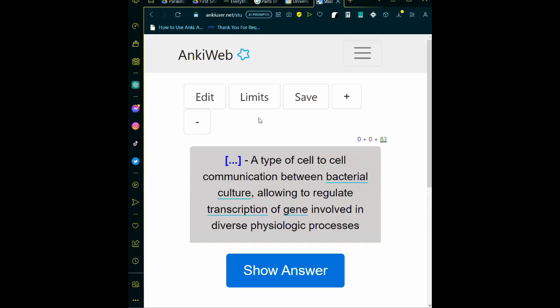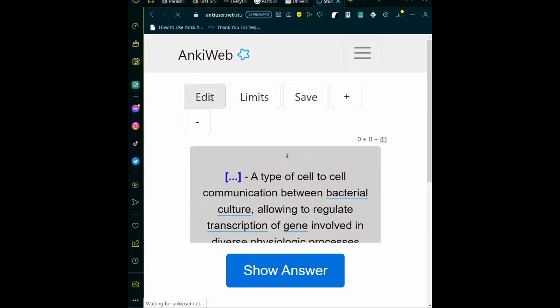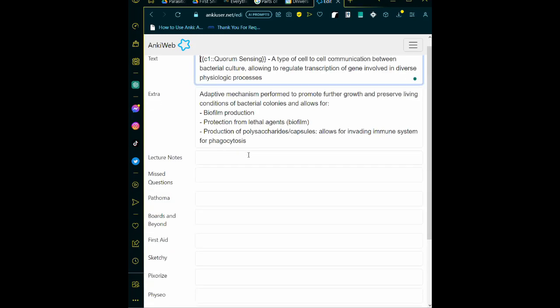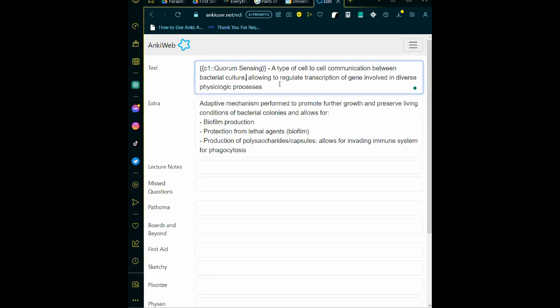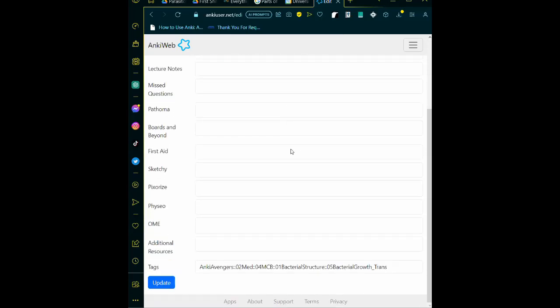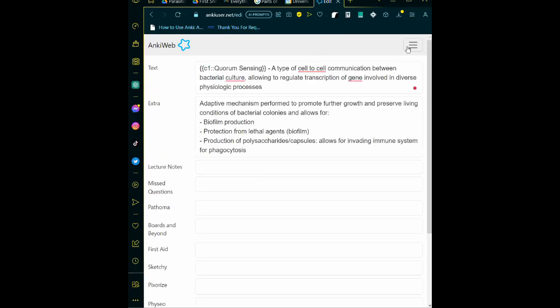You can answer. Now, understand that the functionality is not the same. You can still edit cards. If you edit here, then when you open your application on the PC, it will sync. Whatever edits you make here will apply also to the ones on the PC. You can press update here. But as you can see, the functions are not exactly the same, fewer functions, but still very useful for those who do not want to pay for Anki Mobile.